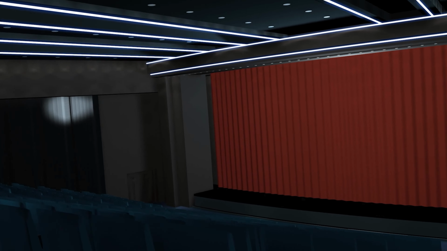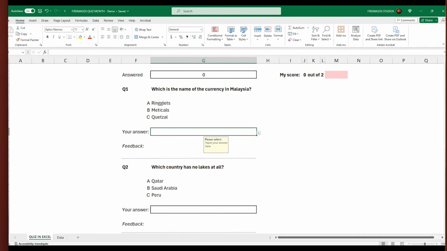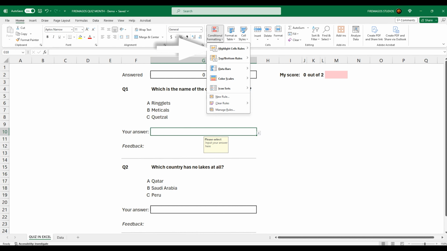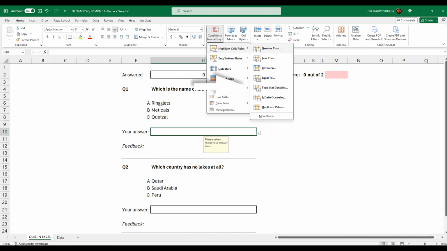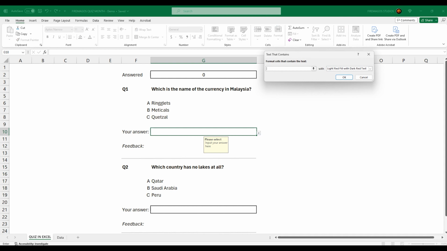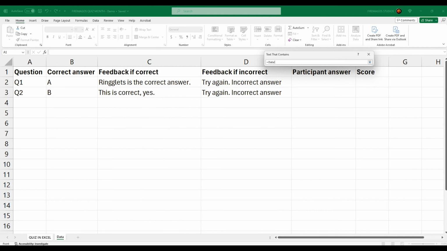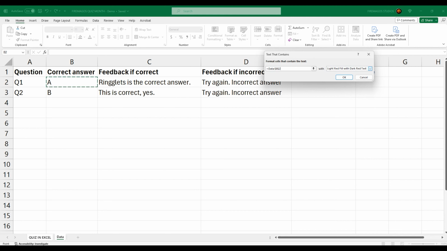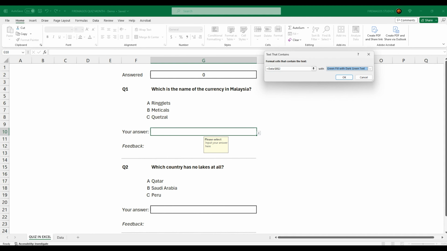For the next step, let's add a bit of formatting also for the answer. What we can do is, again, go to conditional formatting in the home option, highlight cells rules, and take the text that contains. We can click on the arrow and say if the text contains this, we want to have green.